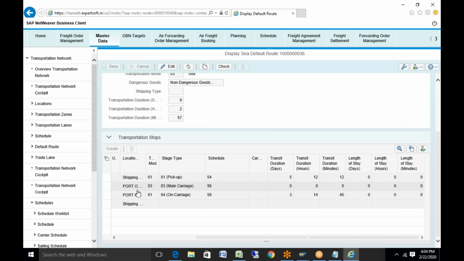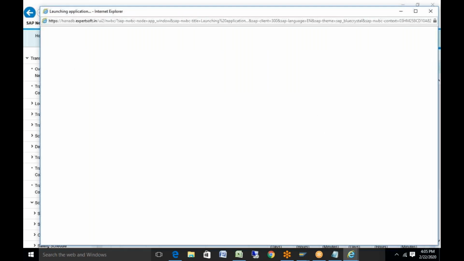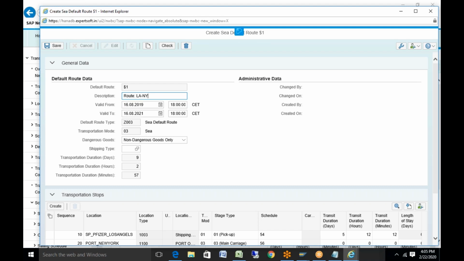Okay, so I'll show you now how to create a default route. I'll copy this. The route is from the shipping point to the customer.